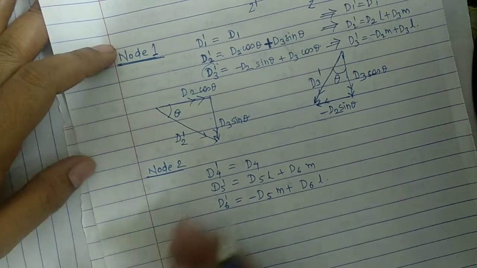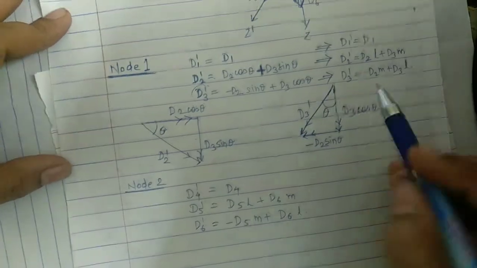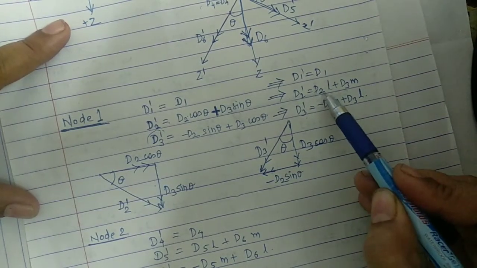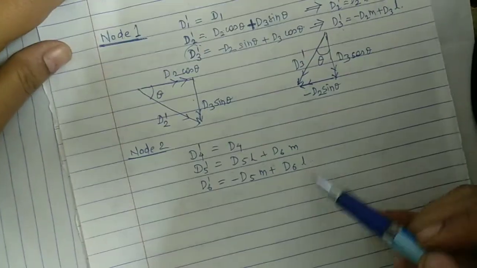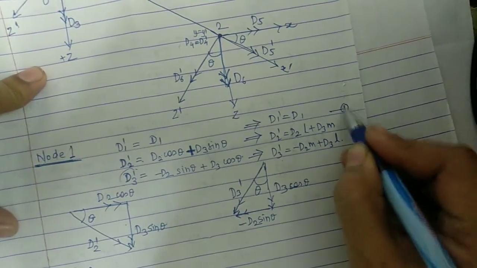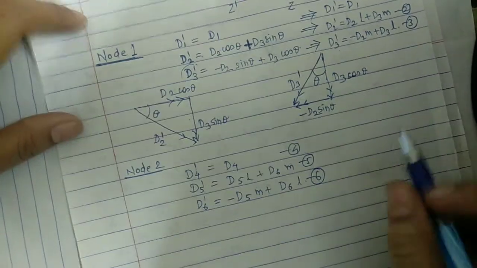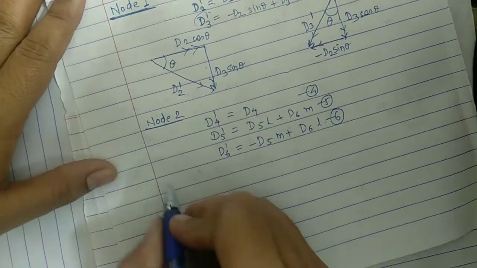Okay, because the geometry will be the same, since only the degrees of freedom 1 2 3 are replaced by 4 5 6. So here also you can replace 1 by 4, 2 by 5 and 3 by 6, and rewrite the same equations again. So these are equations number 1 2 3 4 5 and 6. Simply you have to write these 6 equations in matrix form.